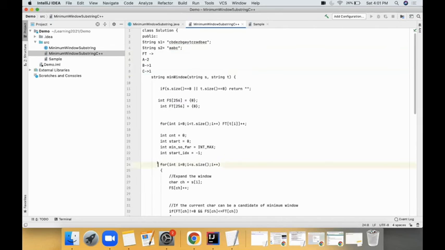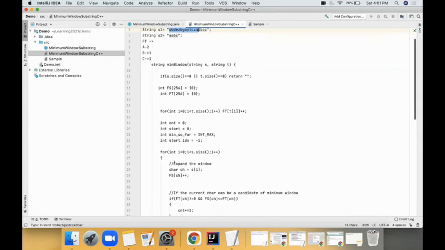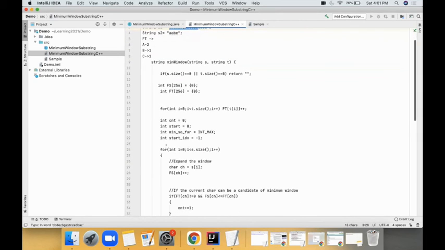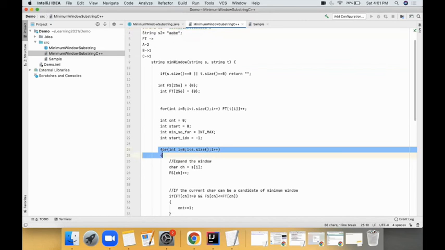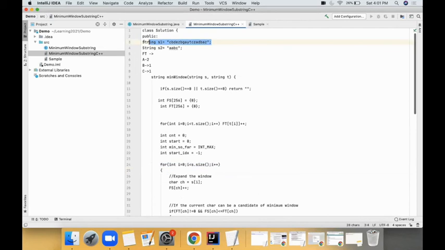Now I will parse string 1 from the starting, and follow the same approach. As and when I find a string which has all the characters in string 2, I will have that as a probable answer, but then I will try to minimize my window. How I will do that: I will get a character and run a loop on the main string, which is also an order of n loop, and when I find a character, I will increment its count in a separate frequency map.